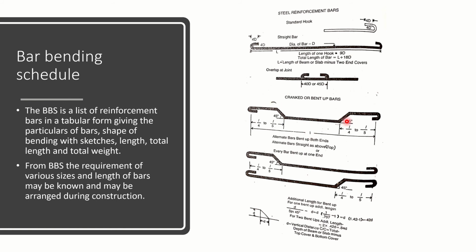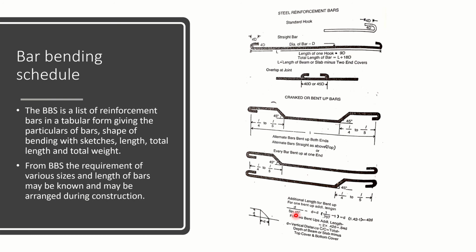So there are types of reinforcement bars. There could be straight bars, there could be bent up bars. So depending on the type of slab that you have or the type of beam you have, you will have the bent ups at different positions in the reinforcement bar. These bent ups could be at the angle of 30 degree, 45 degree or 60 degrees. There could be one bent up bar or there could be two bent up bars at each end. So because of this bent up, there will be an additional length of this reinforcement.